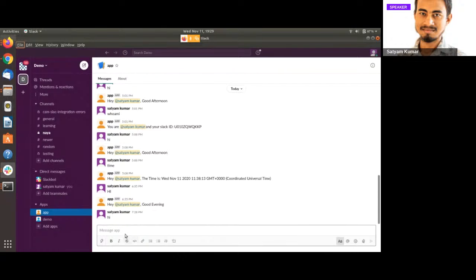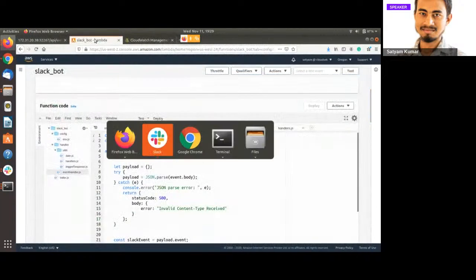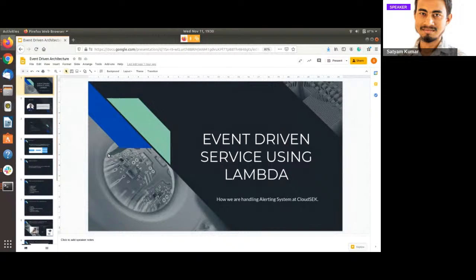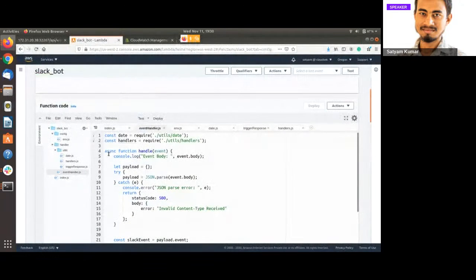So here we can see that we are triggering an event using this chatbot. We have written a message to this bot, and it has triggered an event. That event has been transferred from Slack to the API gateway which we have created, and the API gateway has transferred that request in the form of an event to our servers, and now it has been logged. The thing remaining is that we need to parse the request we have received and send back the response. So let's do it.